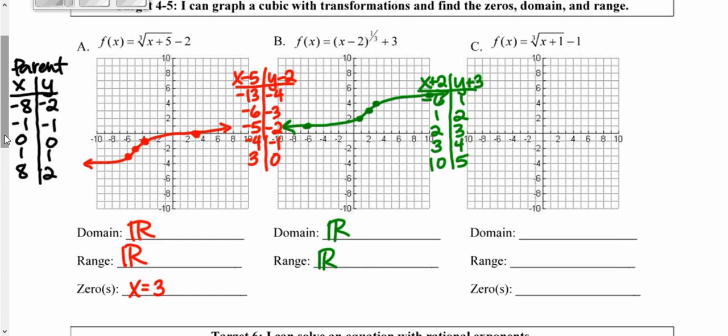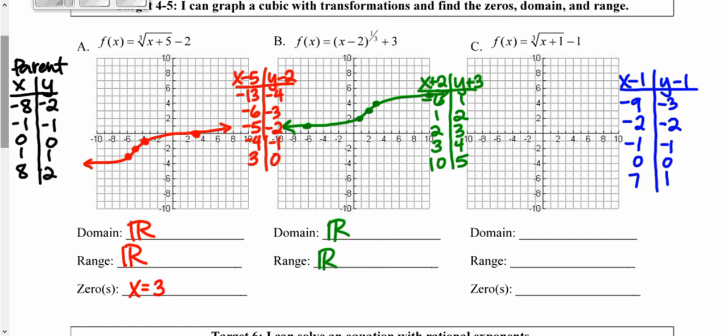And then our last function here, it's going to the left 1, so x minus 1, and going down 1, so y minus 1. So subtracting 1 from each of the x's and the y's, starting with the x's, and now subtracting 1 from the y's. And then plotting these points. So -9, -3, -2, -2. Make sure that your tables, like the parent function table that you need for targets 4 and 5,